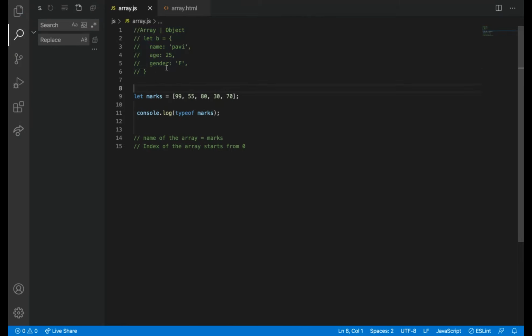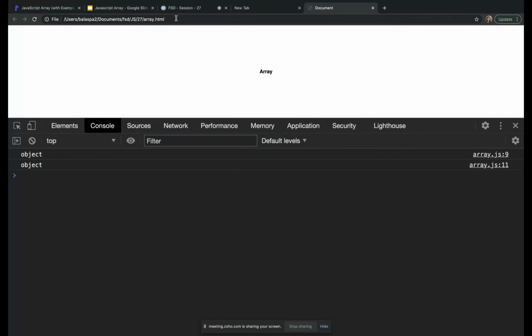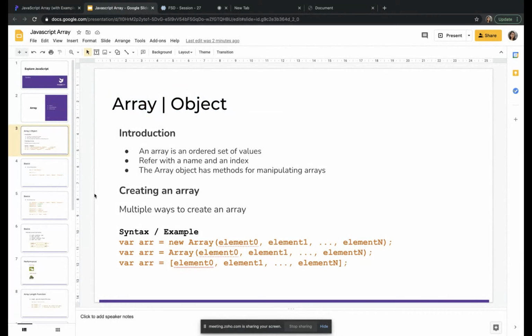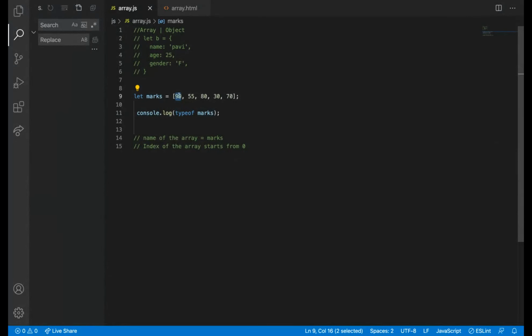Now what we are seeing is, array is an ordered set of values referred with a name and an index. So what is an ordered set of values? It has an order: 0, 1 and then 2 and so on. So if the order changes, the value also changes.